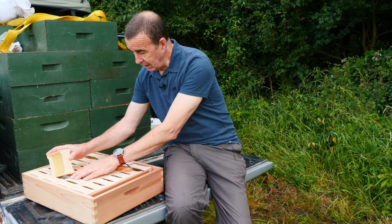Now, these sections come in the flat. You can buy the box ready made up, fully fitted with these sections. But they come as a flat piece of wood that's already been cut and trimmed, ready to fold. Now, having watched how these go together, you need to moisten the hinges. We'll shoot a video showing how these go together. You moisten the hinges so that they will fold without snapping, and then it has these little